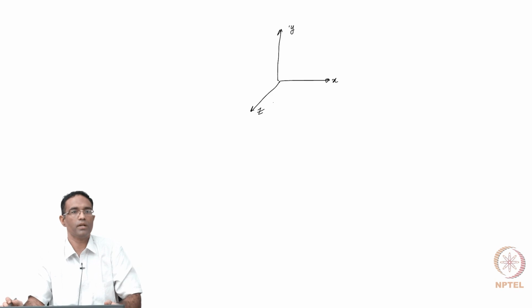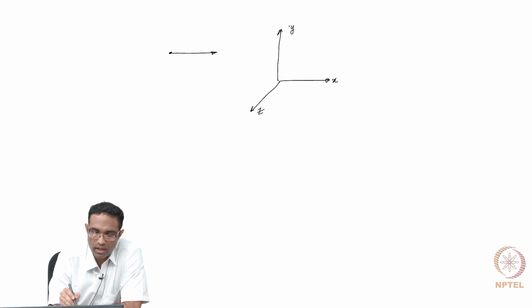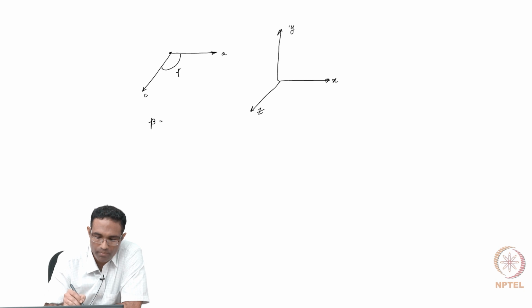And if you refer to the International Tables of Crystallography, this particular space group would have been specified in the following manner. You would see an a pointing to the right, and you would see a c pointing that way, okay, and the beta that is given to you is basically the included angle between a and